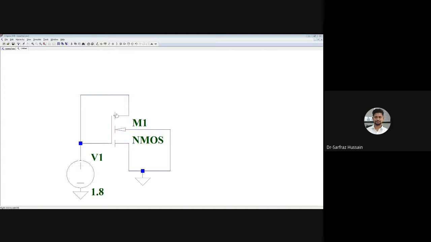In order to find out the Kn value, let me write down the equation. What is the equation for the current in the saturation region? The ID formula is equal to 0.5 multiplied by mu n Cox, or you can just write K dash, or let me just write K. So 0.5 into mu n Cox value multiplied by